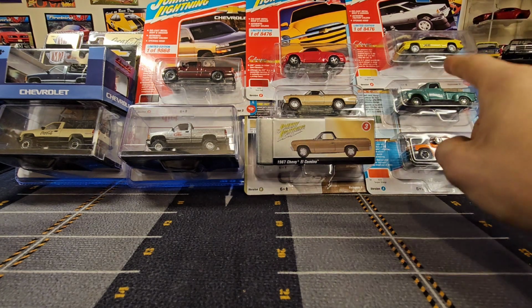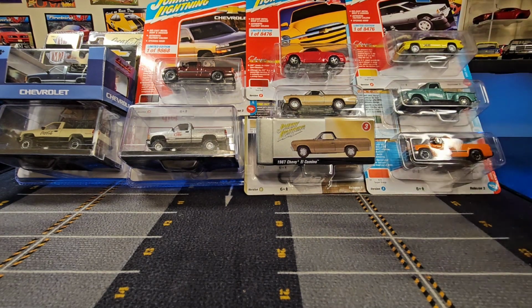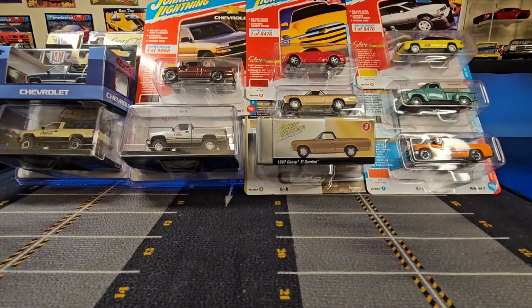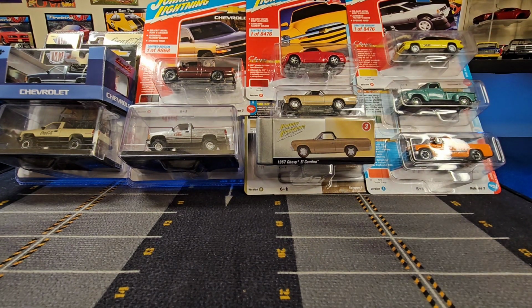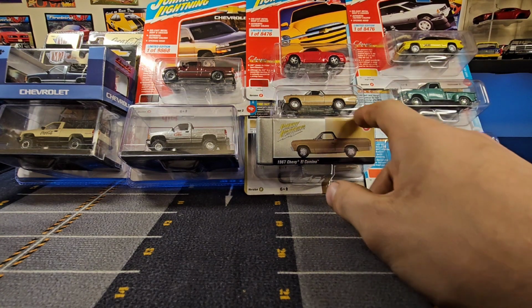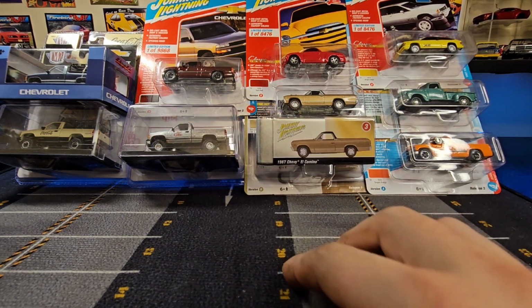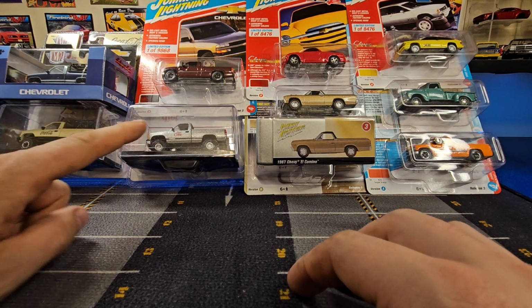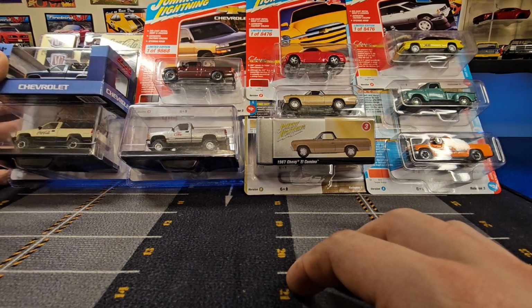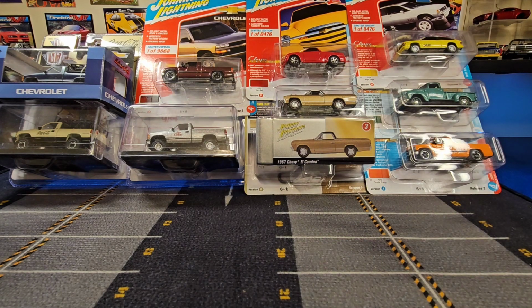And I think, well, this is actually a little bit older. This is a couple years old. I think this is a 1950 or 51? Yeah, 1950 Chevy pickup truck. I've had that sitting on my shelf for quite some time, as well as this El Camino. So it'll be nice to get these open. And then, as you guys know, we've figured out the secret to getting these decals off of the M2 trucks at least, so I will be taking the Coca-Cola decals off of these two M2 trucks somewhere along the line in the video. I'm probably not going to spend too much time talking about it, just because